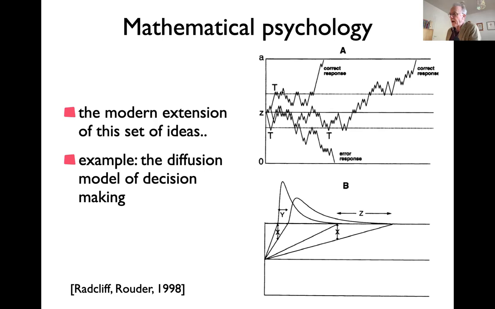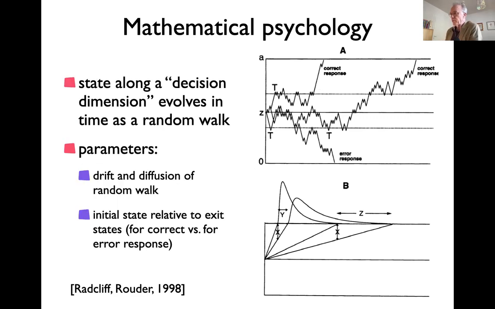Is it more likely you get a kick up versus a kick down? If you have no bias, then you would just have pure random diffusion. If you have a bias, it will be more likely to go to the correct response than to the incorrect response. So this bias term is a second parameter, called the drift term. And the third parameter is how far the boundaries are from the initial point. It turns out these are only two parameters. You can either vary where the initial point is and the amplitude, or various ways to parameterize that, but there are two parameters that essentially capture how far your initial state is from one boundary and from the other boundary.